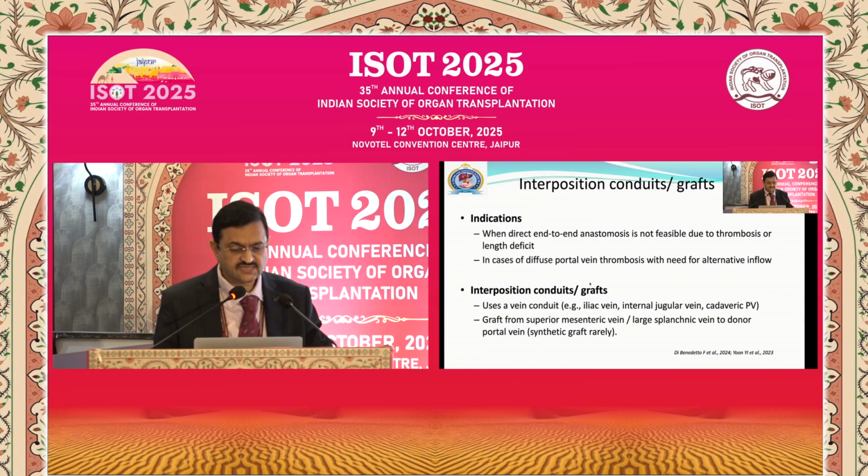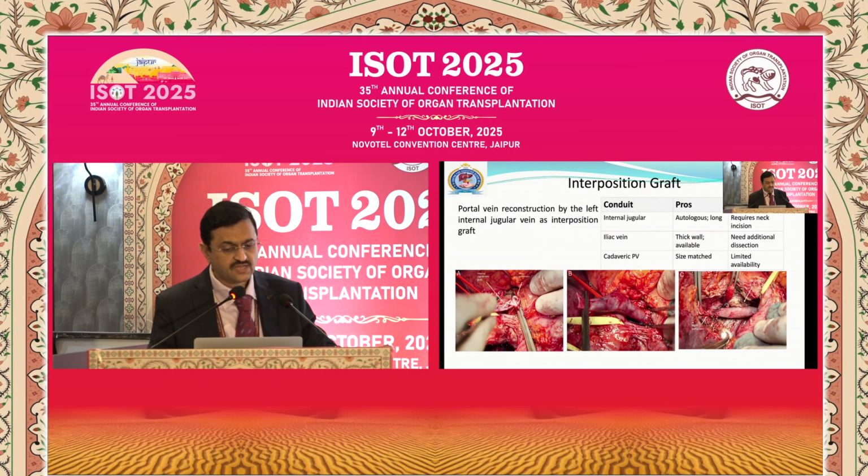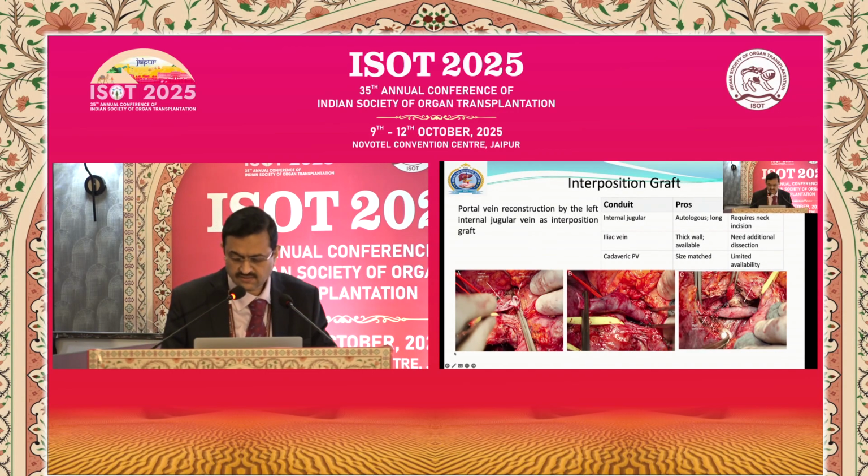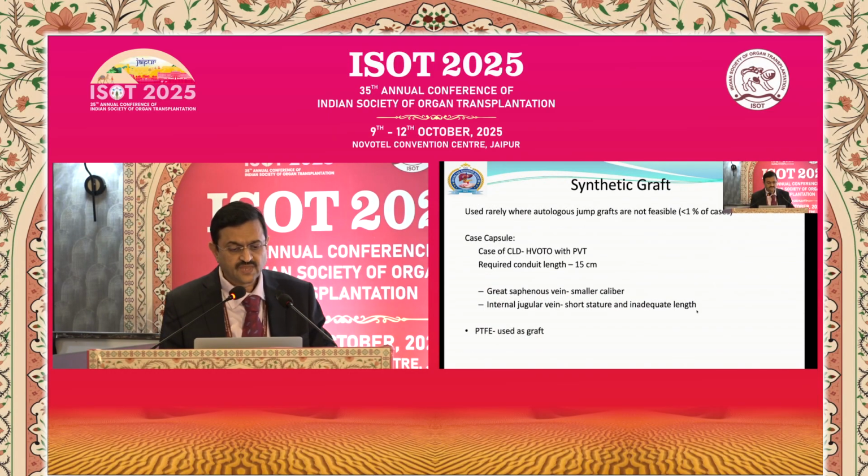So as we discussed, this has already been spoken about. So interposition graft, as we discussed, you can try and use the internal jugular vein, and this is from one of the papers, where the anastomosis was done with the use of autologous internal jugular vein conduit. Synthetic grafts, again, are very rarely used in the portal vein, but we would like to present